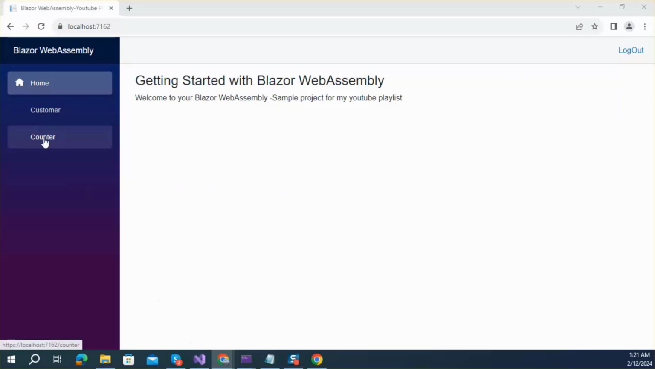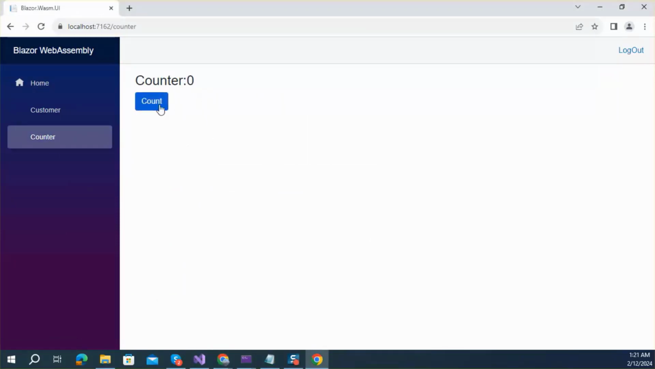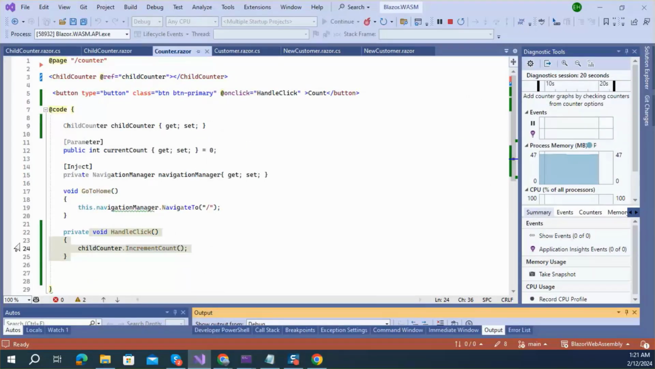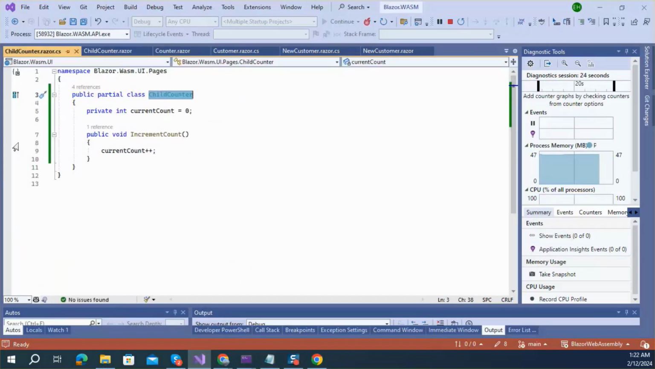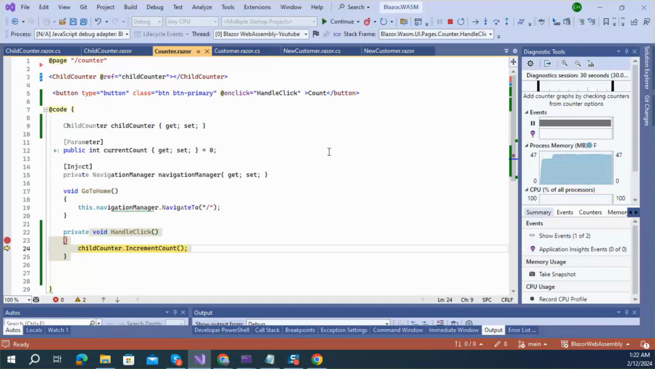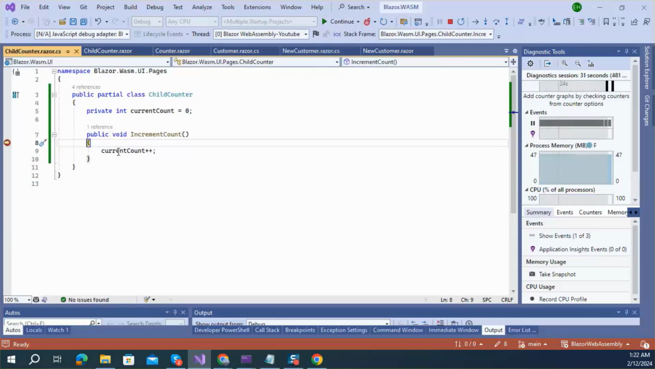Let's see in the browser. Here, let's click the count. There is no change. Let's add a debug pointer first here, then inside the IncrementCount method. Let's see. Let's click count. Here we can see HandleClick has been called, and then F5. So IncrementCount has also been called, but no change